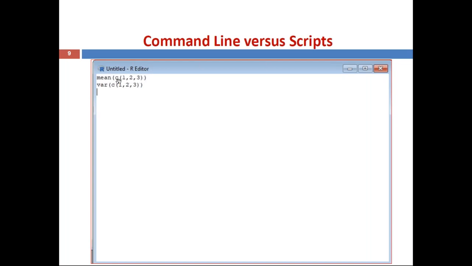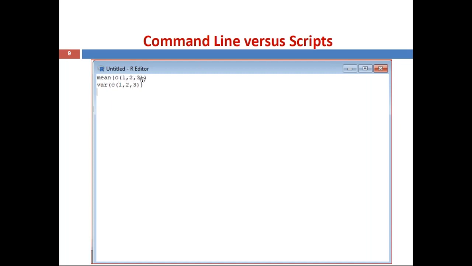That can be given as mean of c(1, 2, 3), where c is used for combining multiple values in the form of a vector. So we have to use c(1, 2, 3). That is one command. Another command is for computing the variance of three numbers. What are the three numbers? That can be given by using c(1, 2, 3).